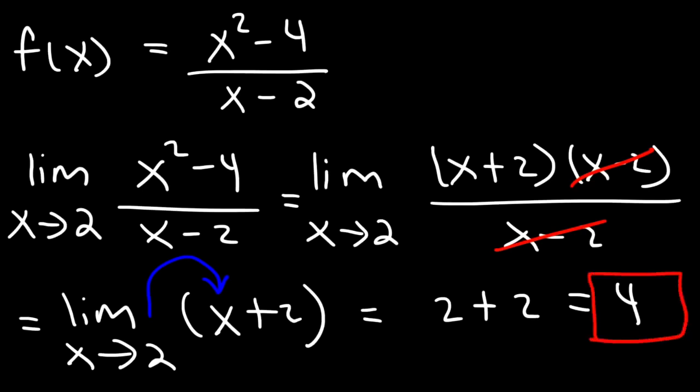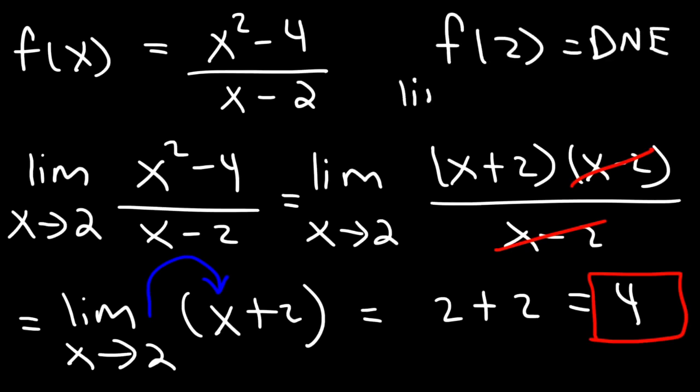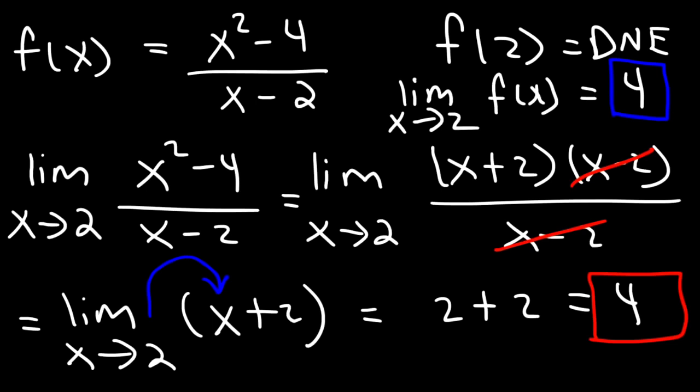So this tells us that as x gets closer and closer to 2, the y value, or f of x, will approach a value of 4. So even though f of 2 does not exist, the limit as x approaches 2 of the function f of x, that exists, and that's equal to 4. And so make sure you understand that limits help you to see what happens to a function